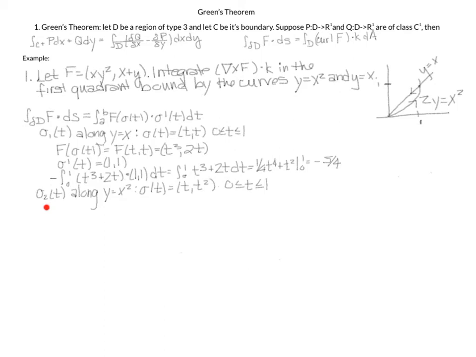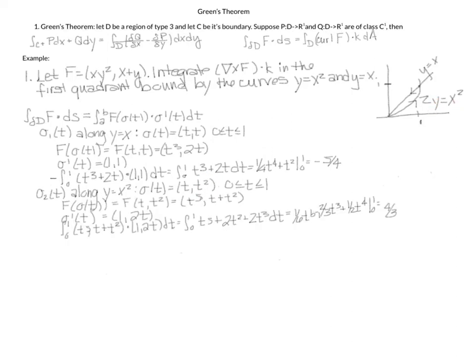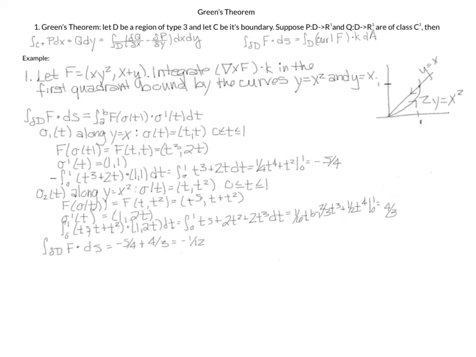Next, I'm going to parameterize the path along the curve y equals x squared. Because I have y as a function of x, I can plug in t for x and then write y in terms of x, which is t squared. I went ahead and did the next 3 steps. I plugged in f composed with my curve, t. I took my derivative of t, and then I took the dot product, plugged everything into my integral and evaluated the integral. So for my entire path along this closed curve, I have my minus 5/4 plus my 4/3,